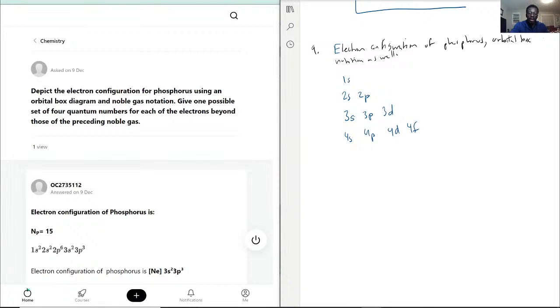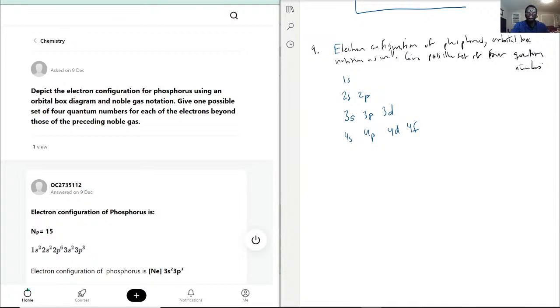Okay, and give possible set of 4 quantum numbers. So with all that being said,